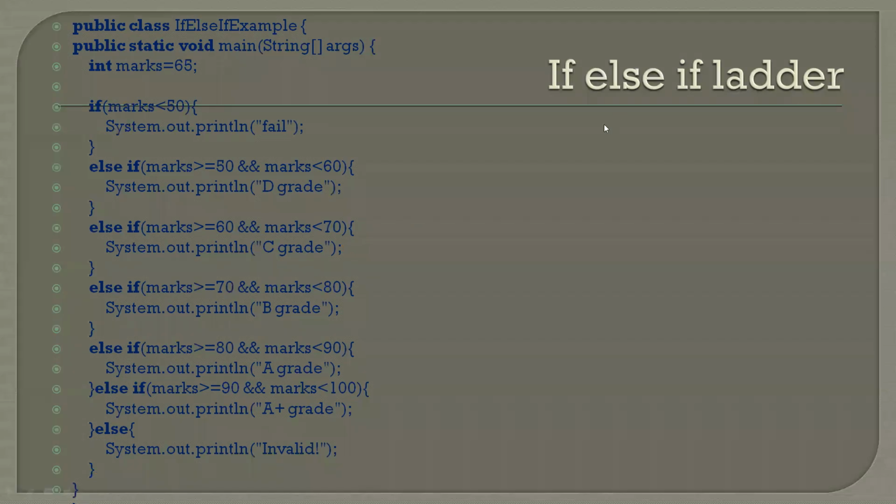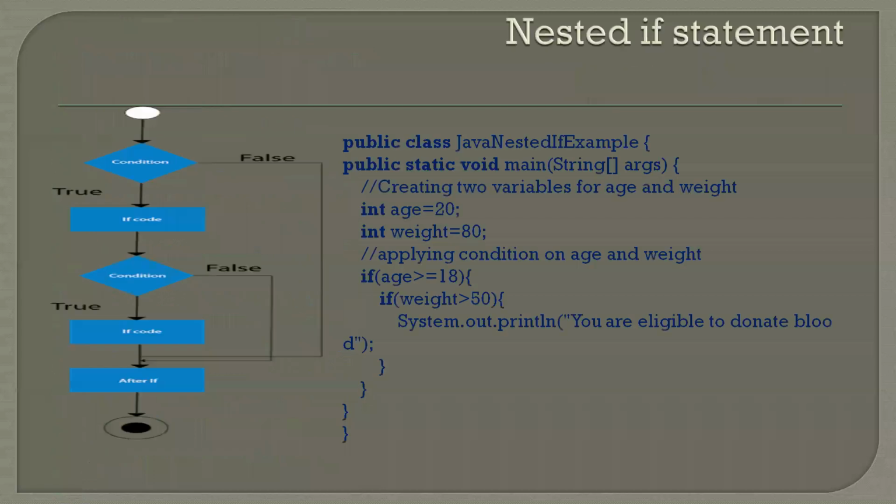And let us move to the next slide. Nested if statements. So keep one thing in your mind: when there is a word called nested, it means there is something inside another of the same kind. For example, nested classes means if there is one class in another class, then the inside class is called a nested class. Nested loops means if there is one loop inside another loop, then the loop is called a nested loop. And the same thing for the if also. If there is one if condition inside another if condition, then the if condition is called a nested if condition.